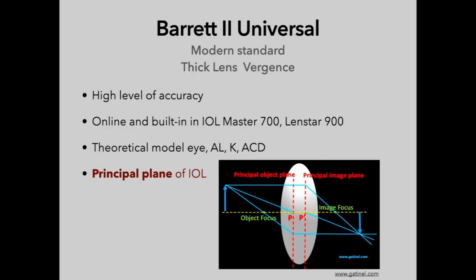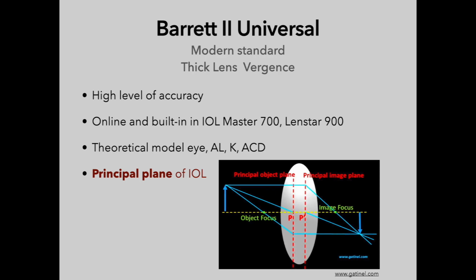Barrett 2 is more and more popular, and we can say it is a modern standard. Its accuracy has been proved in many studies and it is available on the ASCRS homepage, IOLMaster 700, Lenstar 900, or other new machines. This uses a thick lens optic model compared to thin lens in previous formulas. Prediction of the principal plane of the IOL, which is inside the IOL and changes with IOL geometry, is the key concept